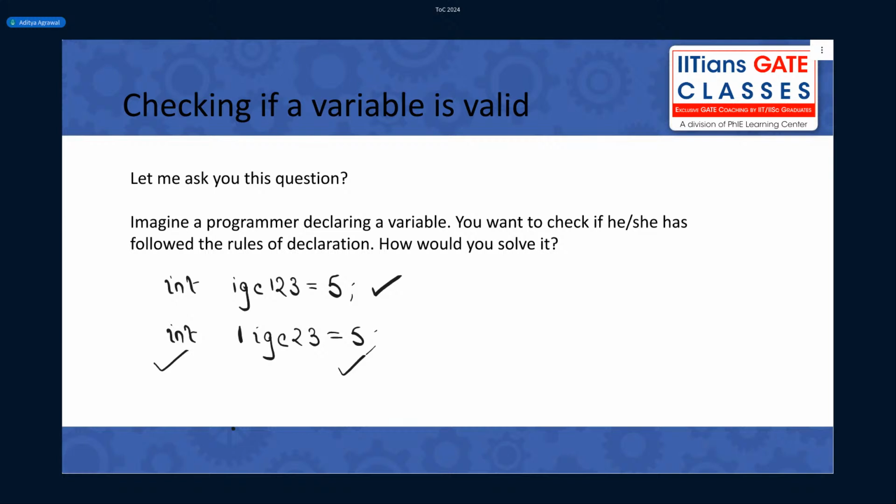Okay, so no problem. The thing is, you have to only focus on this one. I'm trying to say, whether this box, the thing that I've written in the box, for example, in this case the variable name, does it follow a restriction? Let's say I write something like this: int 1IGC3 equal to maybe Aditya, my name.